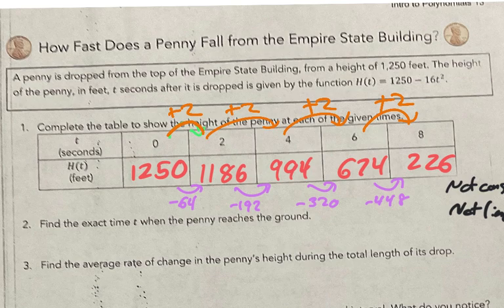Well, if I look at my table, at 9 seconds, its height is negative 46. So it's sometime between 8 and 9. Does anybody know how to find exactly where? What would be y'all's strategy? 1,250 divided by 16. And then you take the square root of that. Okay. So your strategy is